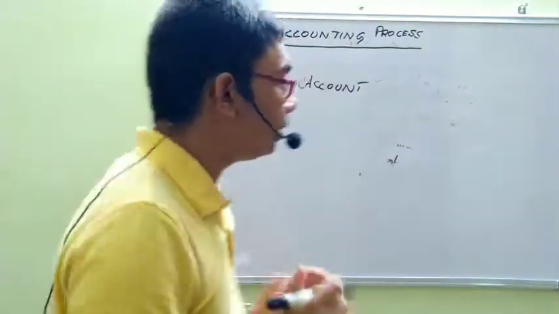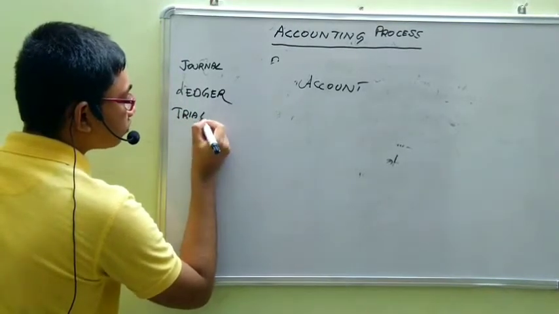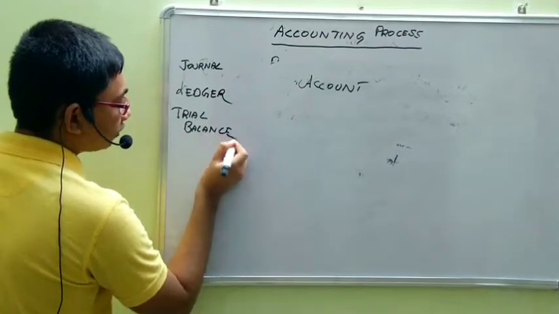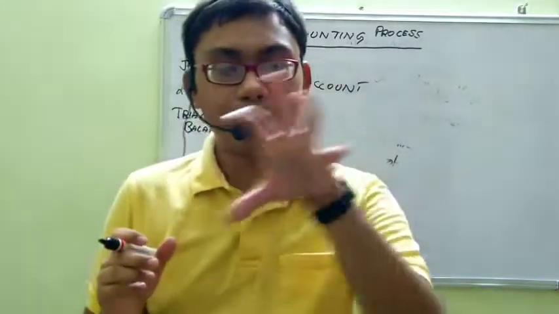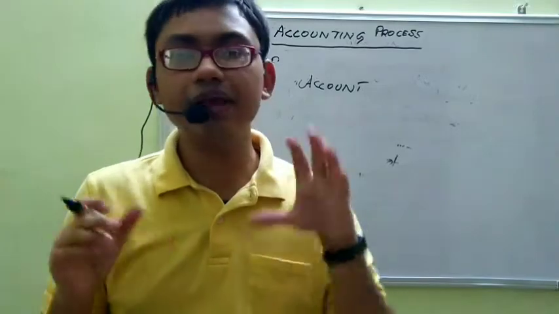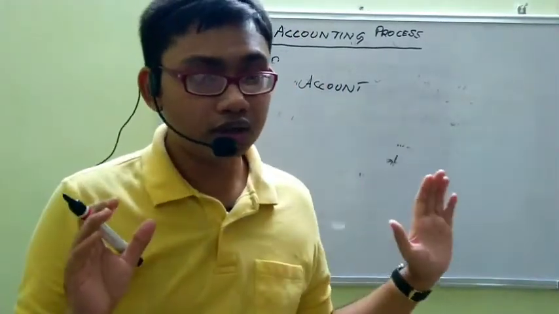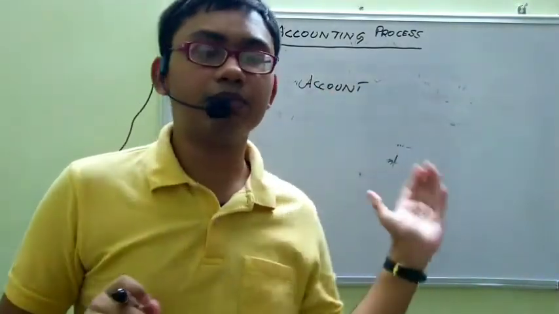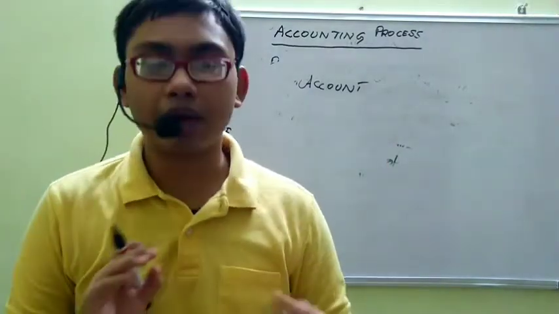The net effect will be summarized and that will happen in a book called the trial balance. Why is it called trial and why is it called balance? Trial means we are trying, and balance means the balance of the ledger, the net effect of the ledger. We are seeing if the credit balances and debit balances are the same. As you have learned in the accounting equation, both should be same. Assets equal liabilities plus capital. So debits equal credits. This should always be balanced.